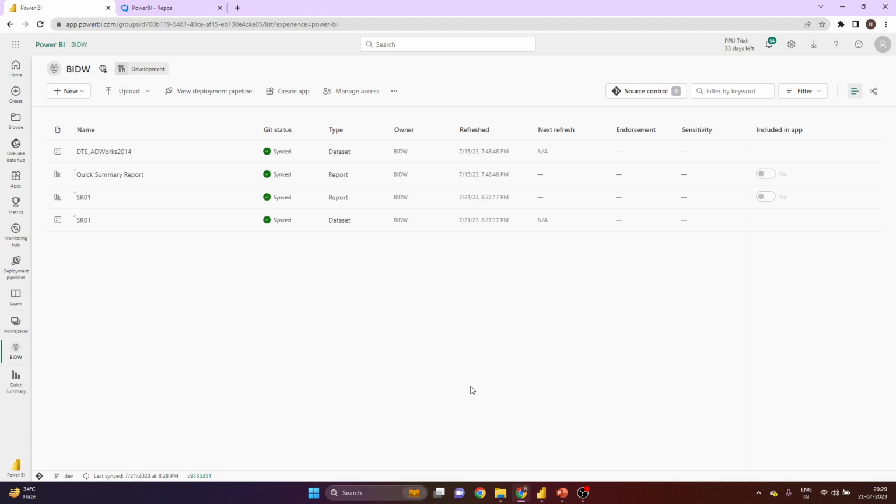And now you can look at the status as well. Git status, it is synced now. Earlier it was uncommitted, right? So we committed those entries from the source control, and now these entries should be part of the Git as well, right? So let's do this validation. Let's go to the Power BI DevOps,